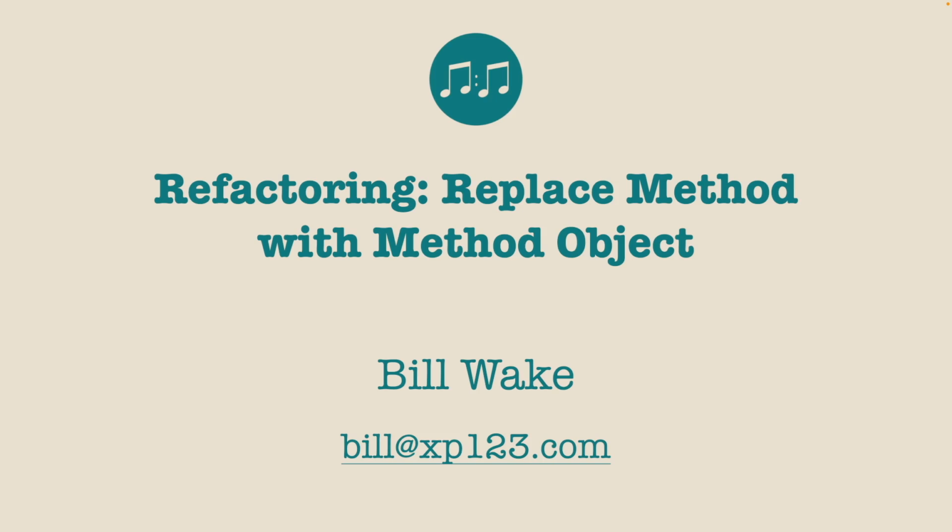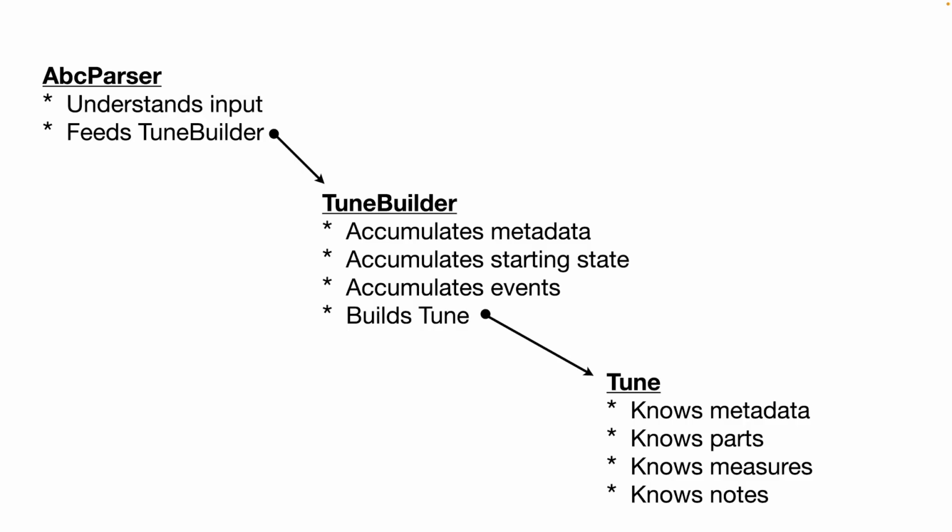Here today we're going to look at a refactoring called Replace Method with Method Object. This came out in a program I'm developing. It's designed to read musical tunes and do some analysis on them. We're using an ABC parser. That's the notation we're using for input, and the parser understands the input and sends its information to a tune